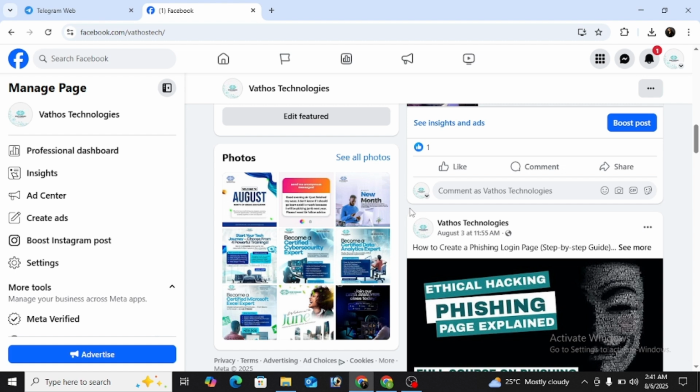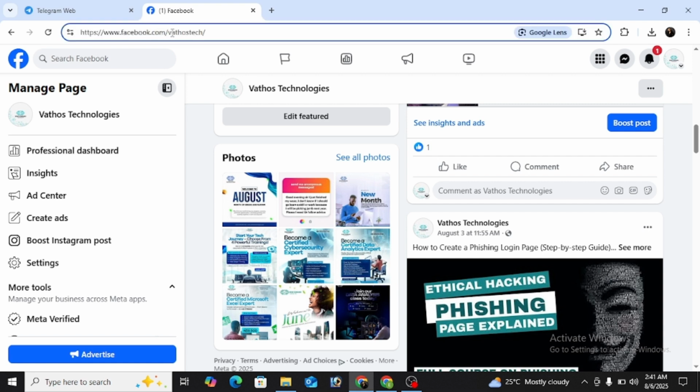So, in this lesson, I'm going to teach you how to change your Facebook page URL, like your Facebook page profile URL, just like the one you are seeing here. As you can see, this is facebook.com/Vatos Technologies or Vatos Tech, right? Normally what you should be seeing here should be all these 1 1 2 3 4, those numerics and letters combined together. But now, as you can see, what we have here is